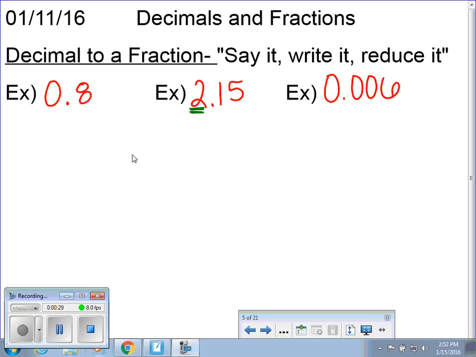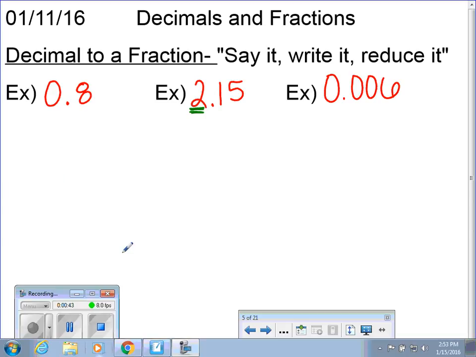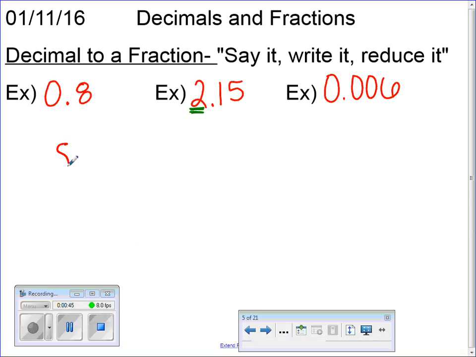So let's take a look at our first example, 8/10. So I say this as 8/10. So I'm going to write what I hear as a fraction, 8/10. So I said it, I wrote what I heard, and now I got to try to reduce it or